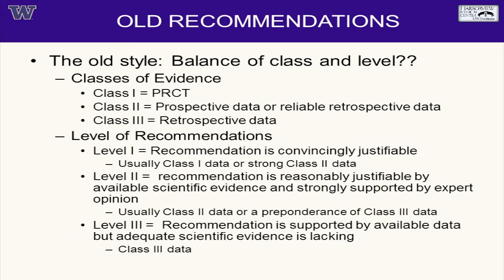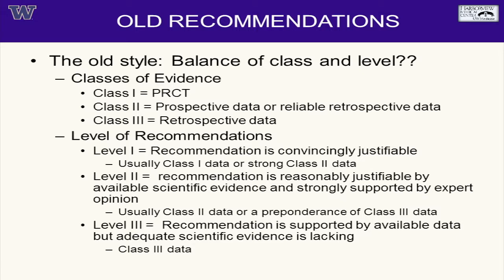When we used to write the old recommendations, it was kind of easy. If you read back through anything that was written by EAST before 2012, they had the classes of evidence and they had the levels of recommendation. The classes of evidence were 1, 2, 3, with the highest, class 1, being prospective randomized controlled trial literature, versus class 3, which is traditionally retrospective data, which is much easier to come by within the surgical field. Based on the classes of the evidence, groups would make their level of recommendation. So we'd say level 1 recommendation, level 2 recommendation, level 3, etc.